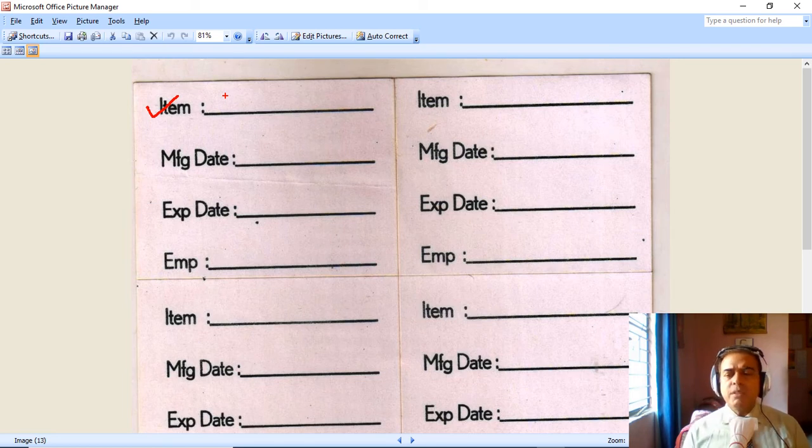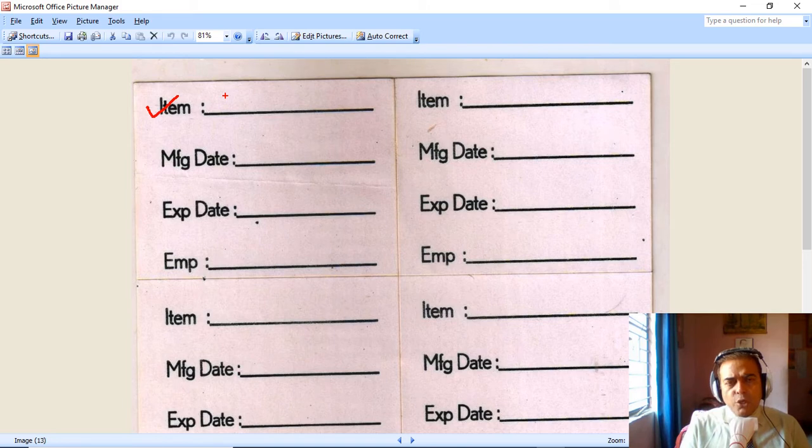If you realize, the packets which we buy from the market, they do have these details. Of course, we know the name and of course the date of manufacturing, expiry date. But they are written at all kinds of places. Some would write it on the side, some would write on the top, some would write at the bottom. Sometimes the font size is big, sometimes it is very small, too fine to be observed. So if we have a uniform system for all items that we purchase in our hotel, then it is very easy to identify especially the manufacturing date and expiry date.